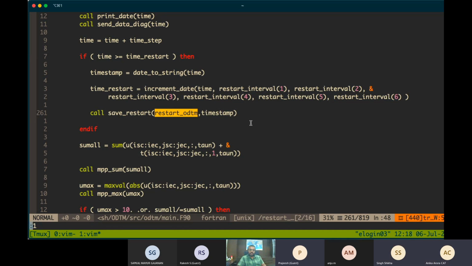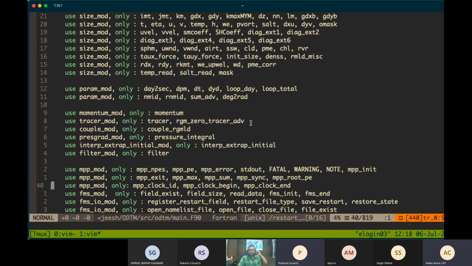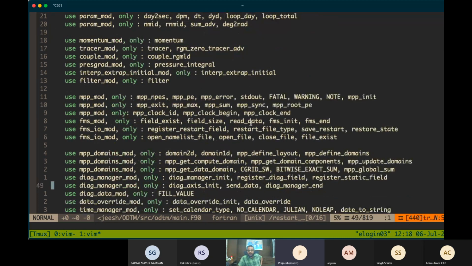And these modules, whatever module you are calling, those are Fortran features. Those are the features of the Fortran programming language. And so it is inbuilt in that, you're saying.